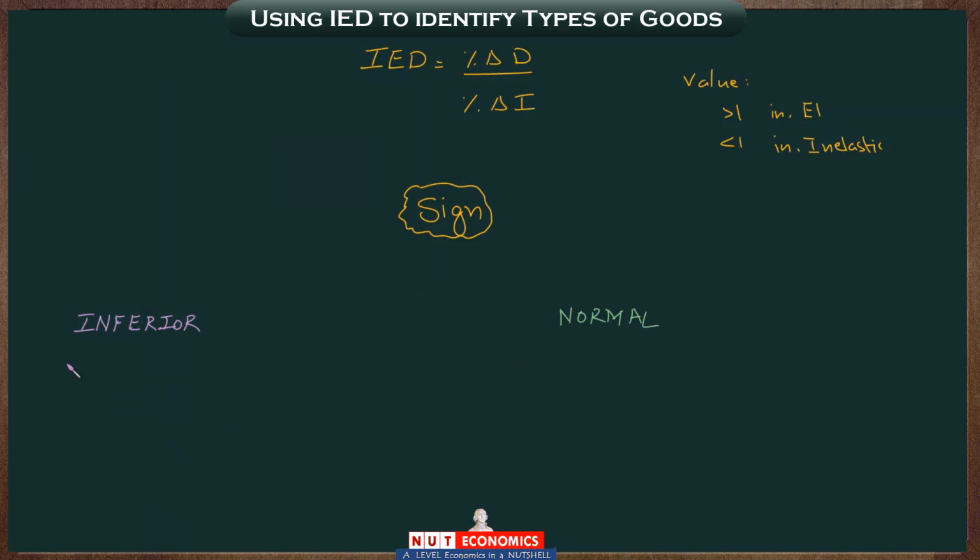Inferior goods, remember, we learned, are odd sort of goods, odd in the sense that these are those goods that when the incomes of the consumers increase, so we can use an upward arrow to reflect an increase, but let's use a plus. That would come in more handy. So plus means incomes are increasing. So inferior goods, remember, we said, are those strange goods that when the incomes of the consumers increase and they become more rich, they start buying less of those goods. So the whole demand falls, it shifts to the left. So the quantity demanded, remember, we said at each price would fall, and therefore the whole demand would fall, it would shift to the left. That, remember, is what is meant by an inferior good.